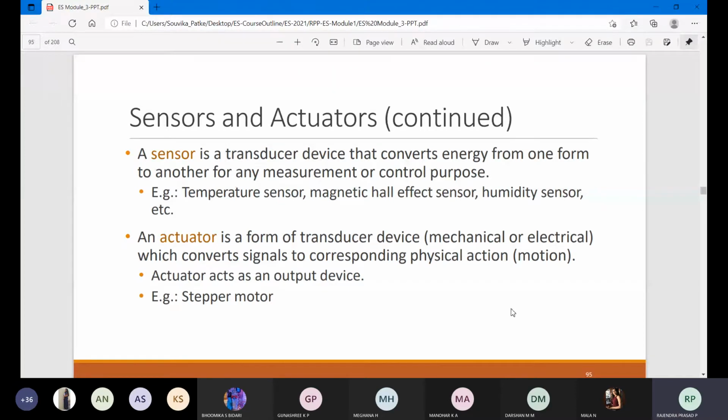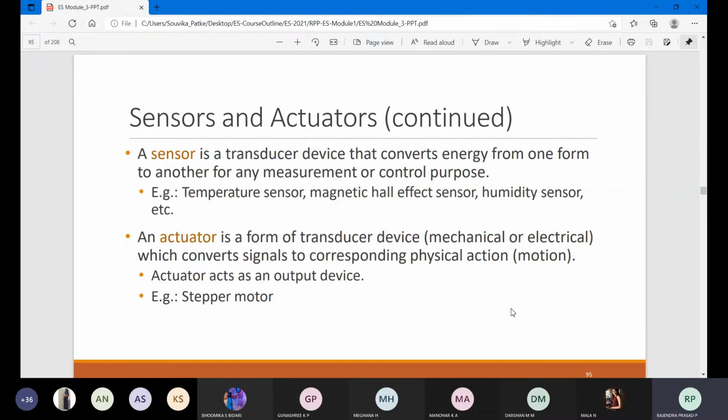So with this sudden change, what do I need to do? I need to have the output. If there is an air conditioner present in my home or in my room, what happens? It will check the room temperature and accordingly set the temperature of the AC. If it is low, it will increase or switch off. If it is high, it reduces the temperature to whatever you have set. So that is the meaning of what he is going to tell.